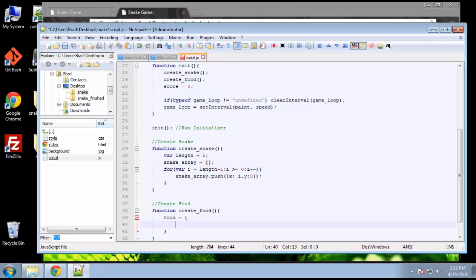and first we're going to do the x axis, or the x position. We're going to say x, and we're going to use the JavaScript math object, and then the round method. So math.round. Okay, and I hate this kind of stuff. I'm really not good with math. So we're going to say math.random